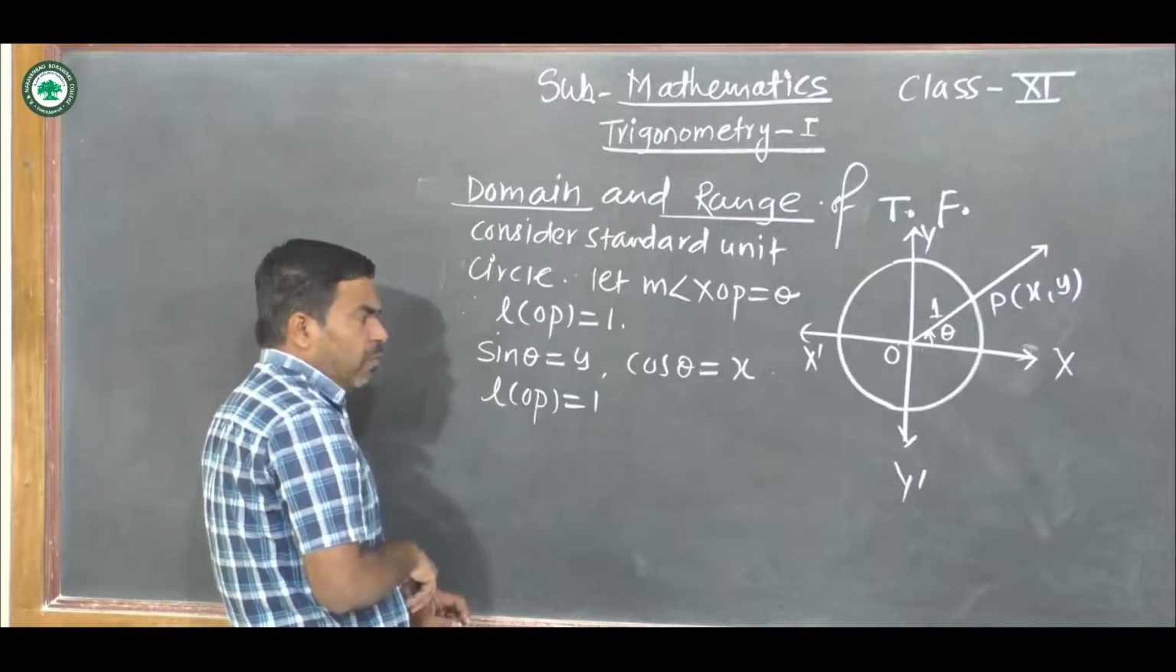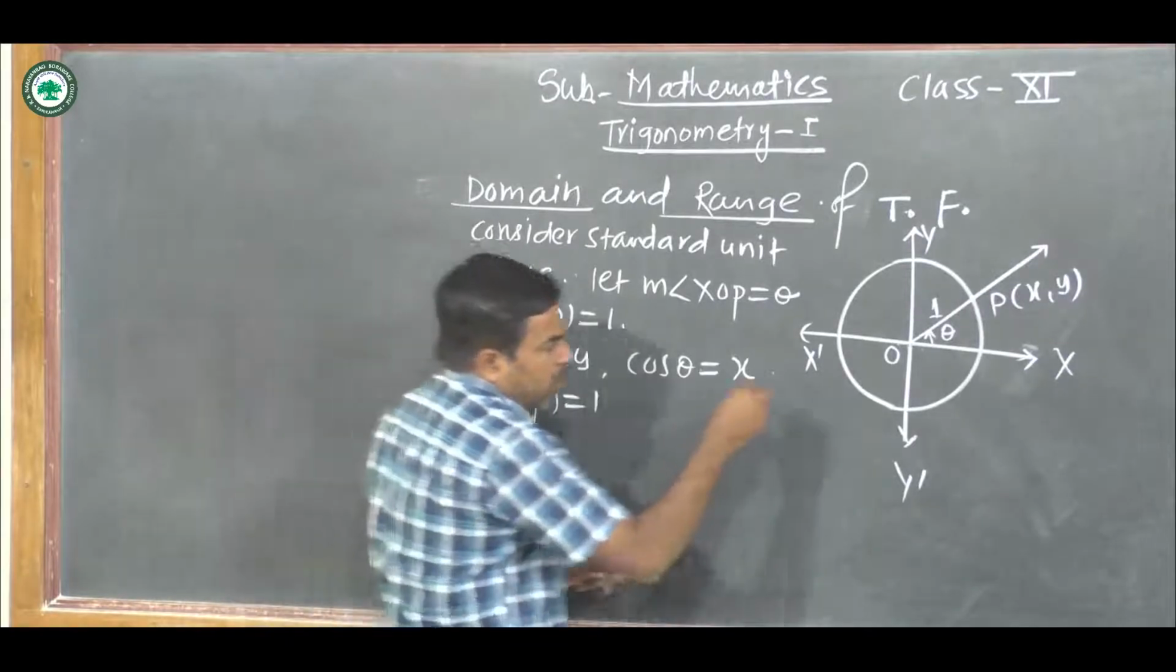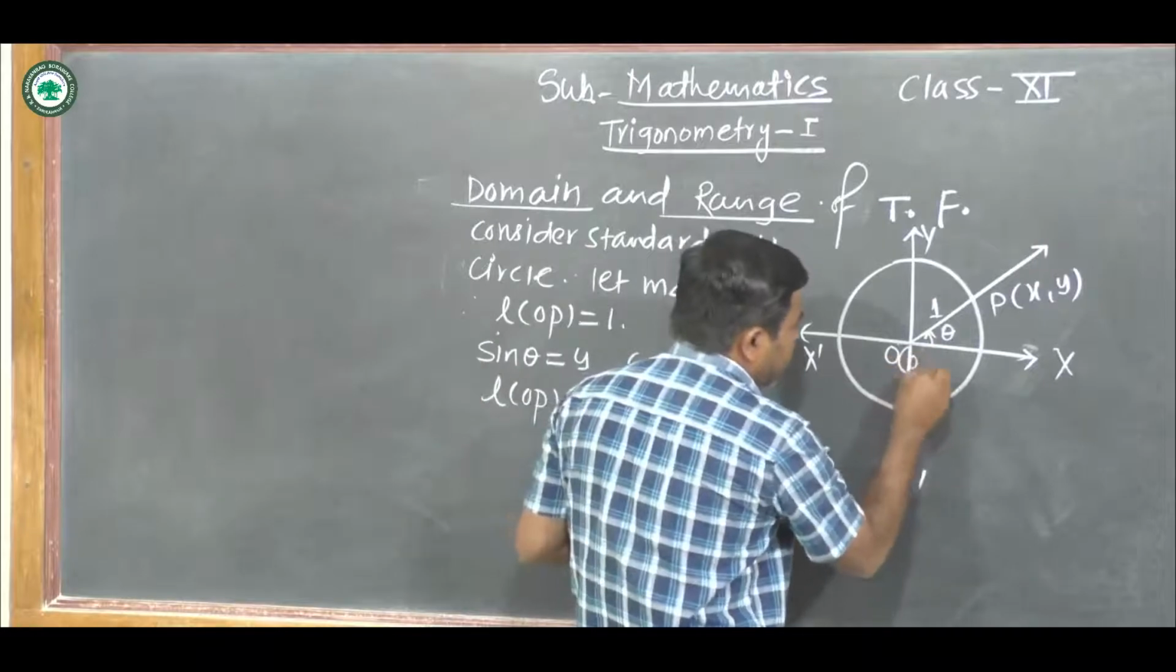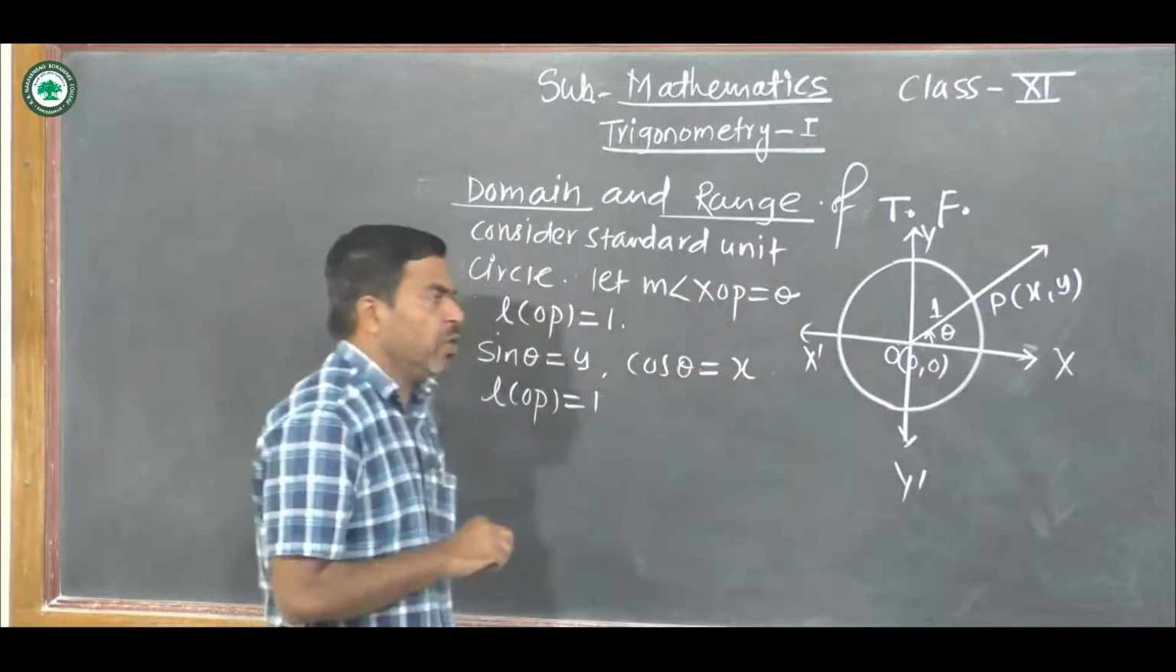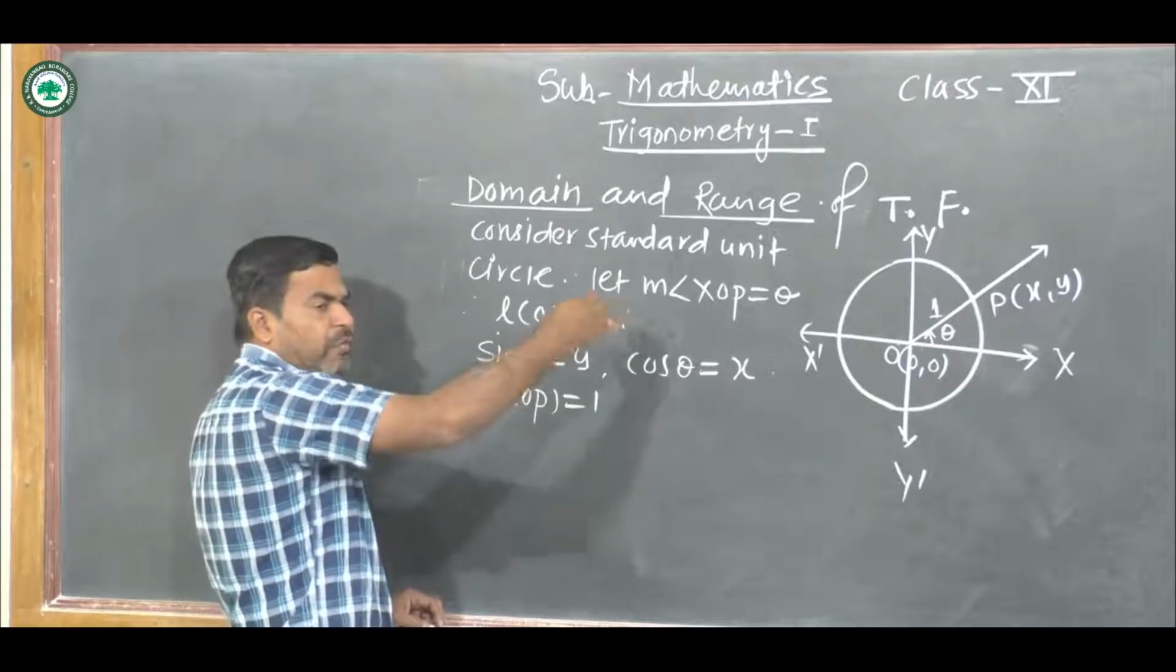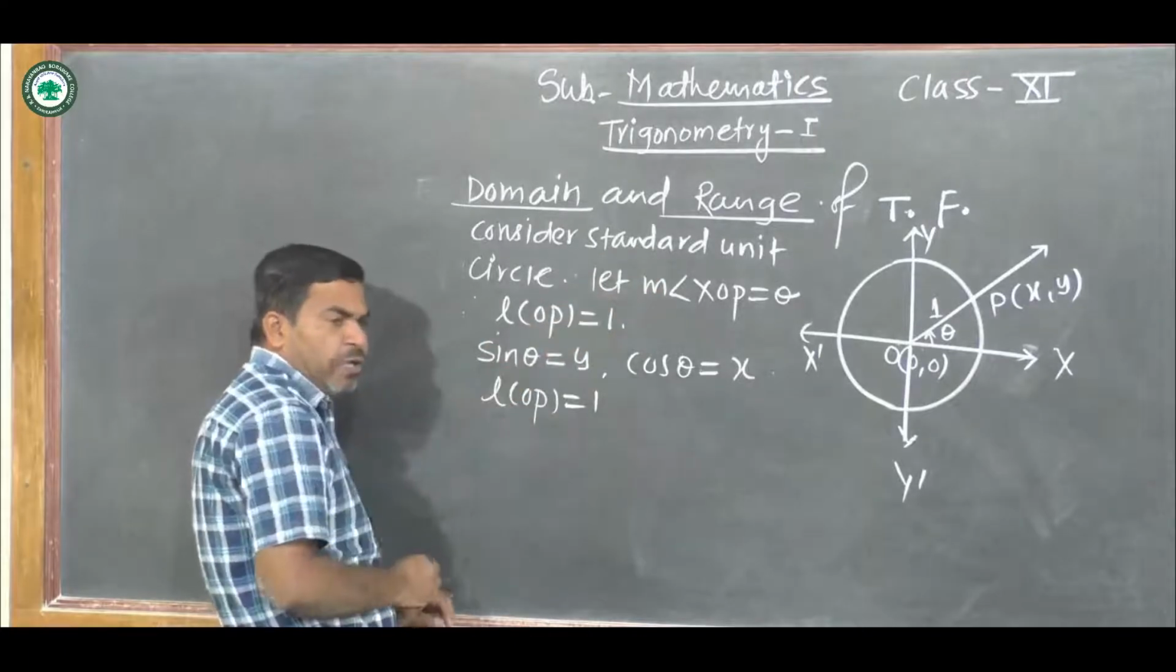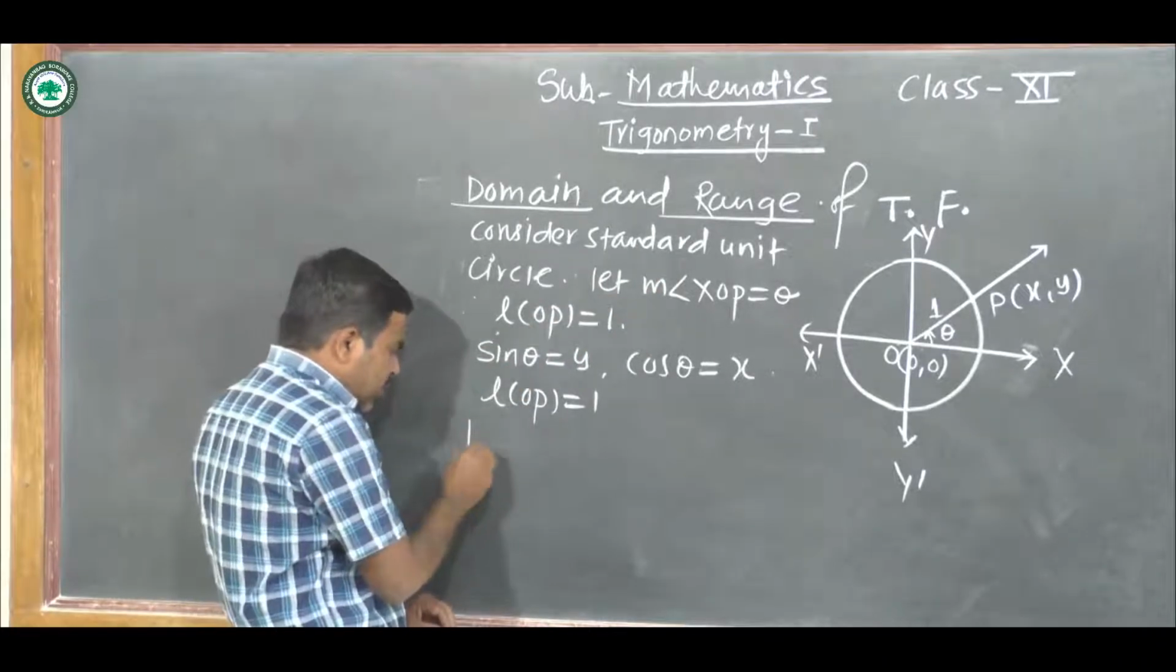Length of OP is equal to 1. P has coordinates x comma y. Now this O is the origin whose coordinates are 0 comma 0. By using the distance formula, we can find the distance between point O and P, and it is nothing but square root of